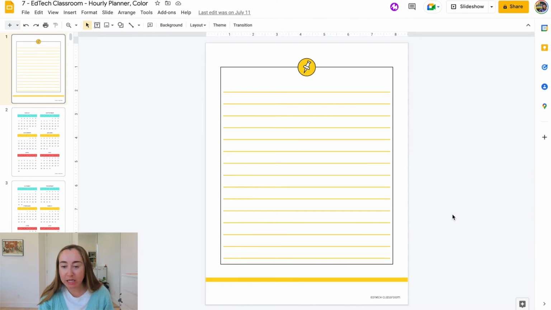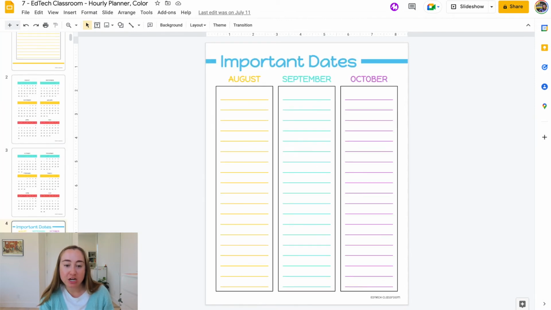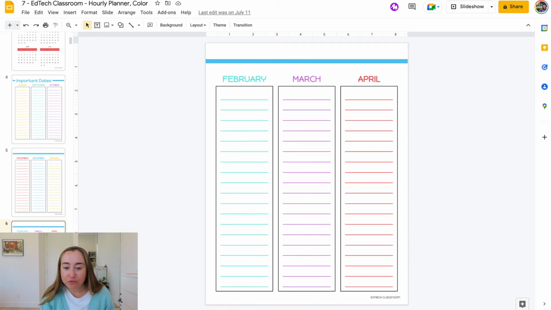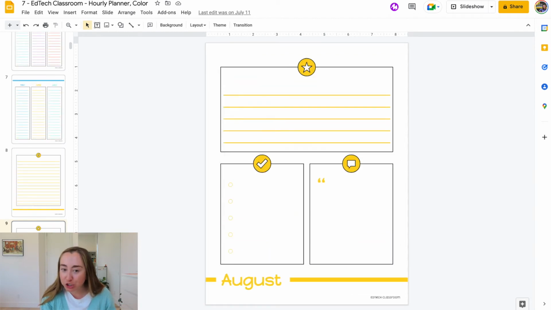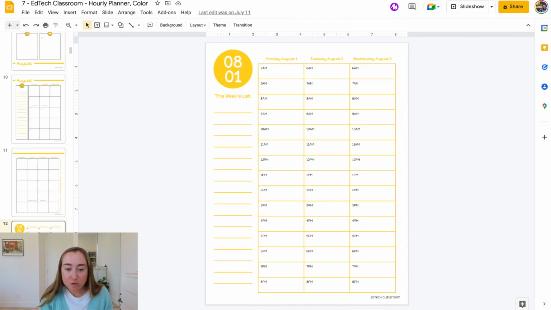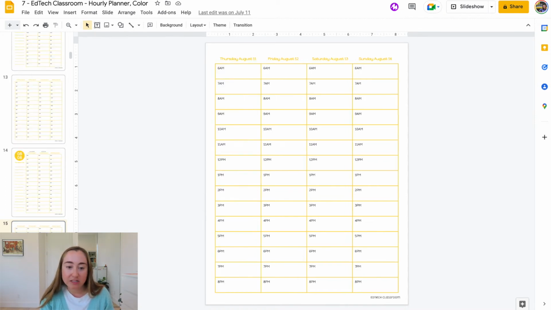This is the tool I use to make this planner. You'll see that as I just kind of scroll down, go from page to page, this is something that you can print out. This product does come with a digital version, which is really great for those of you that like to do digital planning. I really like to print stuff out, so I wanted there to be multiple options. But basically, again, I made all of this in Google Slides, so if you want to make your own, you definitely can. These are just tables that I put together, and you'll see we have the dates, so that's August,